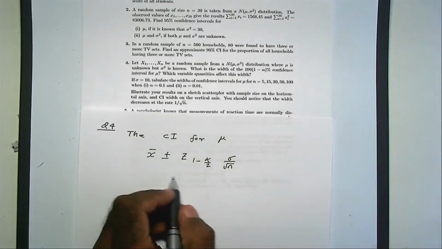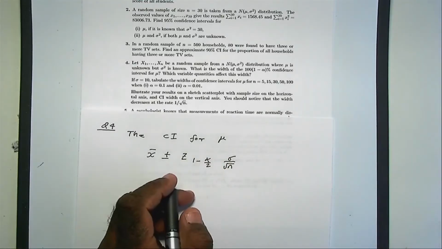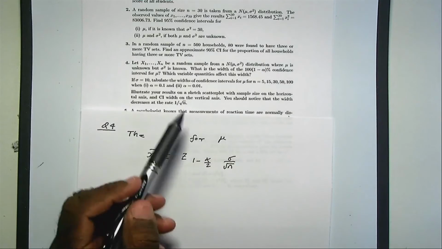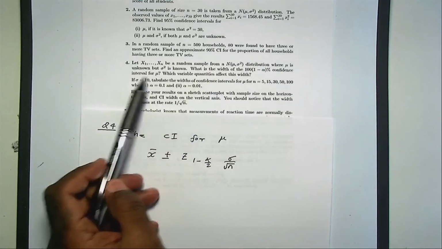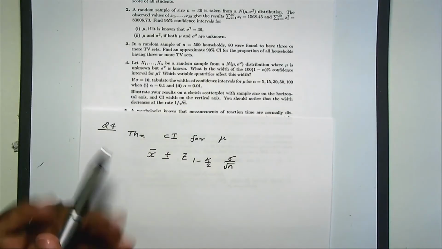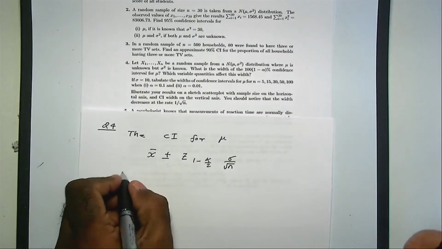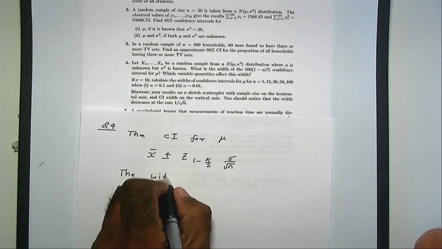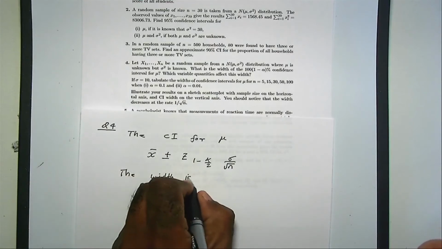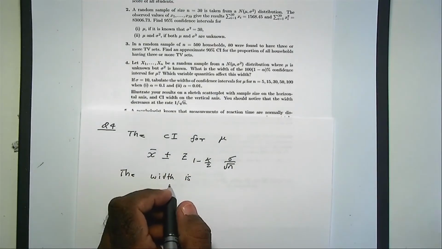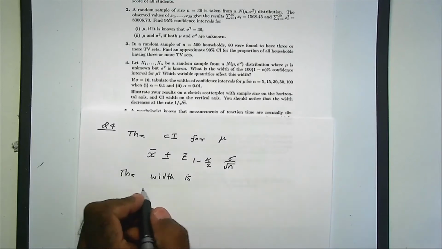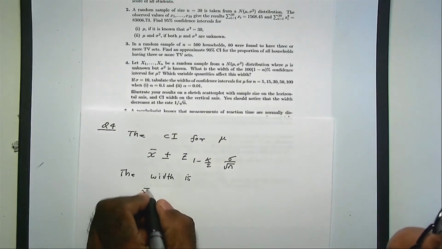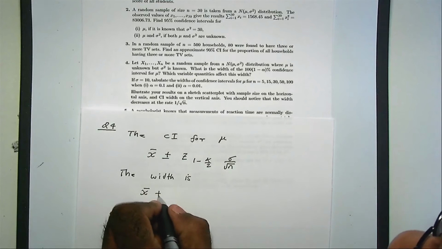I'm sure all of you know this by now. In this question we are talking about the width of the confidence interval for mu. Remember, the width is the upper limit minus the lower limit. So it's simply x bar plus